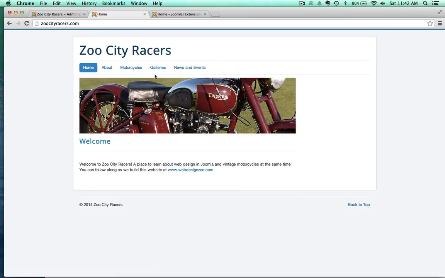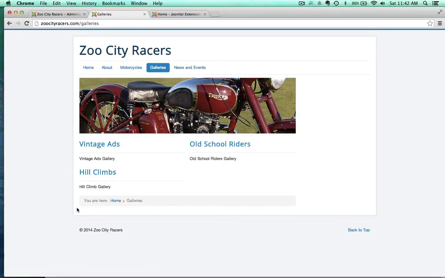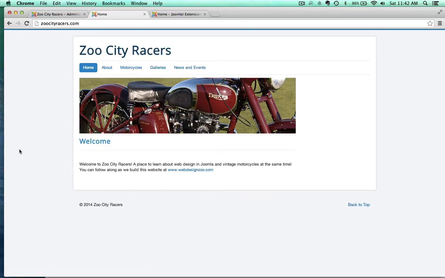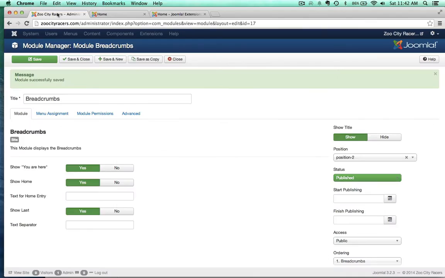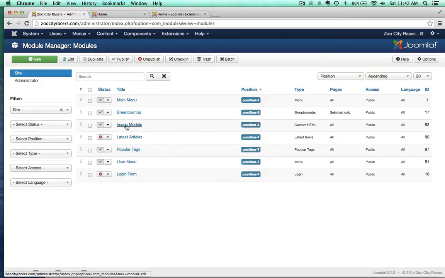Okay, and it's gone, but look on the Gallery page, here it is. Okay, all right, so that's how you control where modules sit on your website. Okay, so now I'm going to come over here and close out of this module, and let's talk about custom